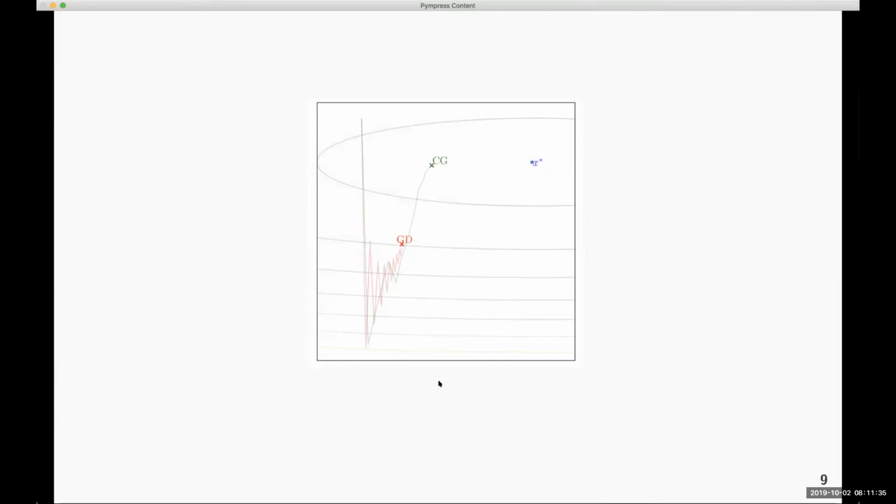So what I have here is an animation showing gradient descent versus the conjugate gradient method for solving a linear system, which I've just generated in 100 dimensions and then projected down into 2 dimensions. And these are the contours of this quadratic functional f of x. And what we see is that the conjugate gradient method very, very rapidly converges to the true solution, whereas gradient descent exhibits this kind of zigzagging going back on itself, which is prevented by the fact that we orthogonalize the